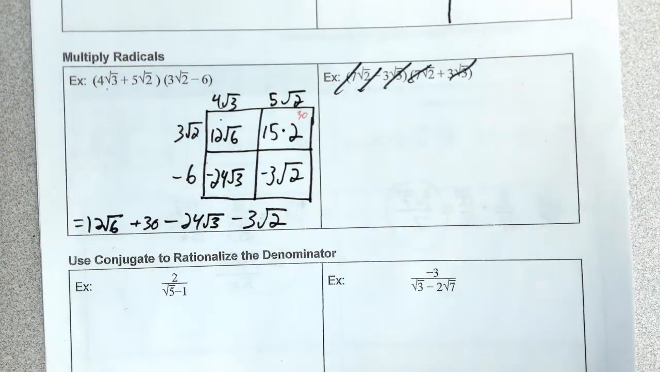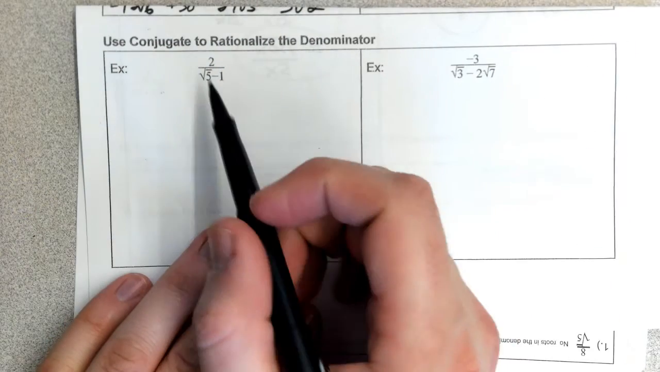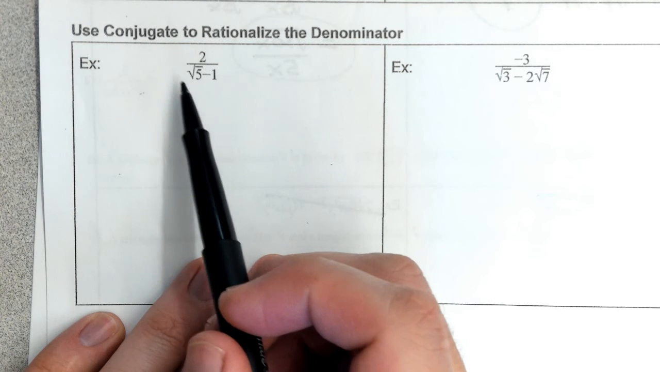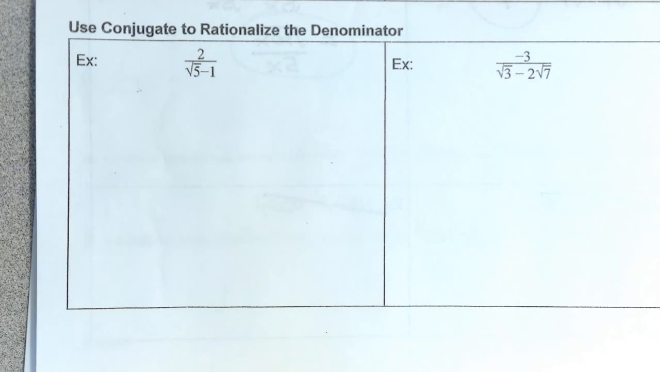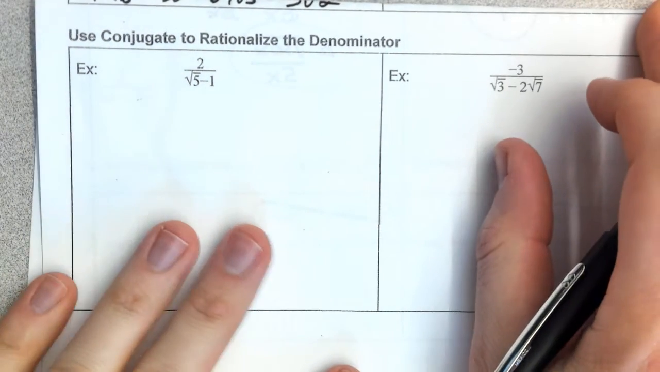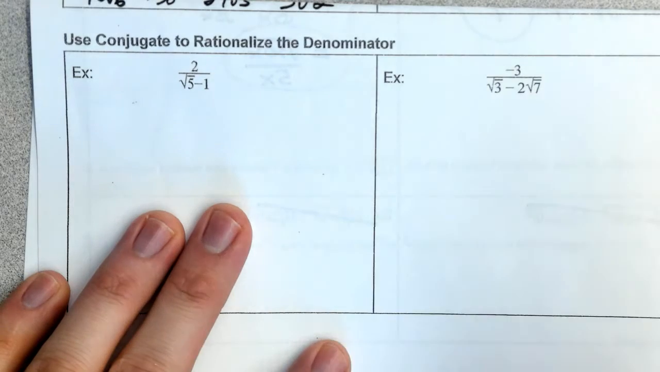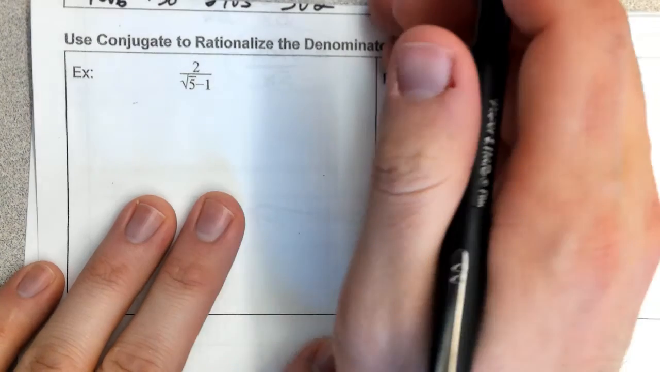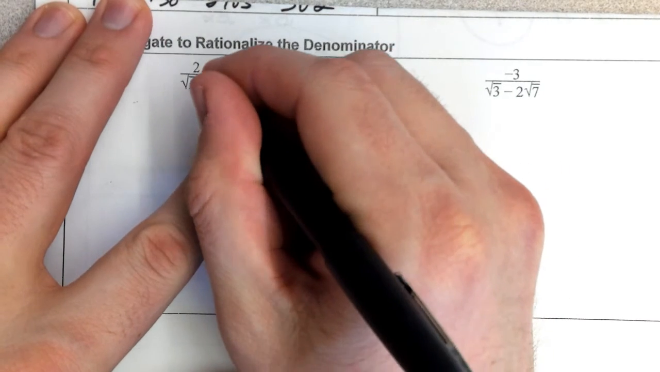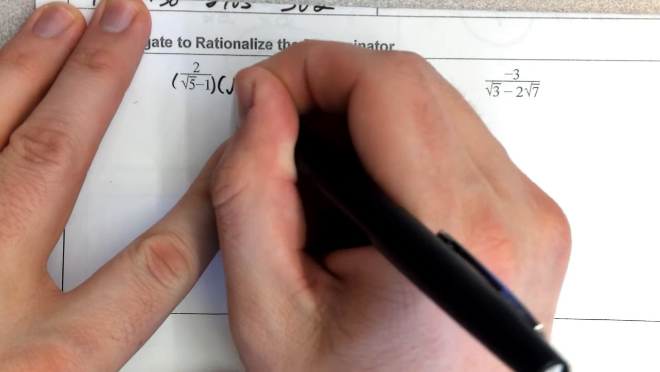Okay, the last type of example we are going to look at is called rationalizing the denominator, and it's for situations that are more complicated than just having the square root of one number in the denominator. You can see here, I don't just have square root of 5 in the denominator, I have square root of 5 minus 1. To solve this problem, we're going to multiply by something called the conjugate. The conjugate is just whatever the expression is in the denominator with the sign changed in the middle. So this one, the conjugate would be multiplying by the square root of 5 plus 1